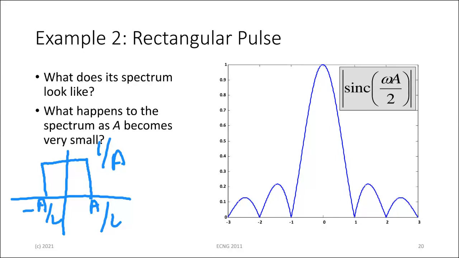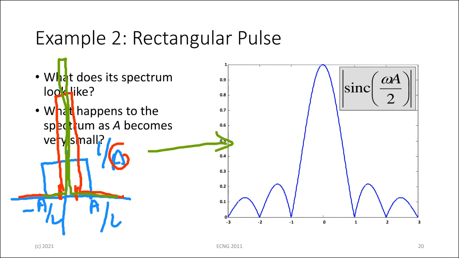So what's going to happen here, as a gets smaller, you're going to have a over 2 come in here, and 1 over a, exactly, Stephen, 1 over a gets smaller, so 1 over a starts to get bigger. So as a gets smaller, this pulse does that. And if you keep going smaller and smaller, if I can make a small, 1 over a starts to get large,